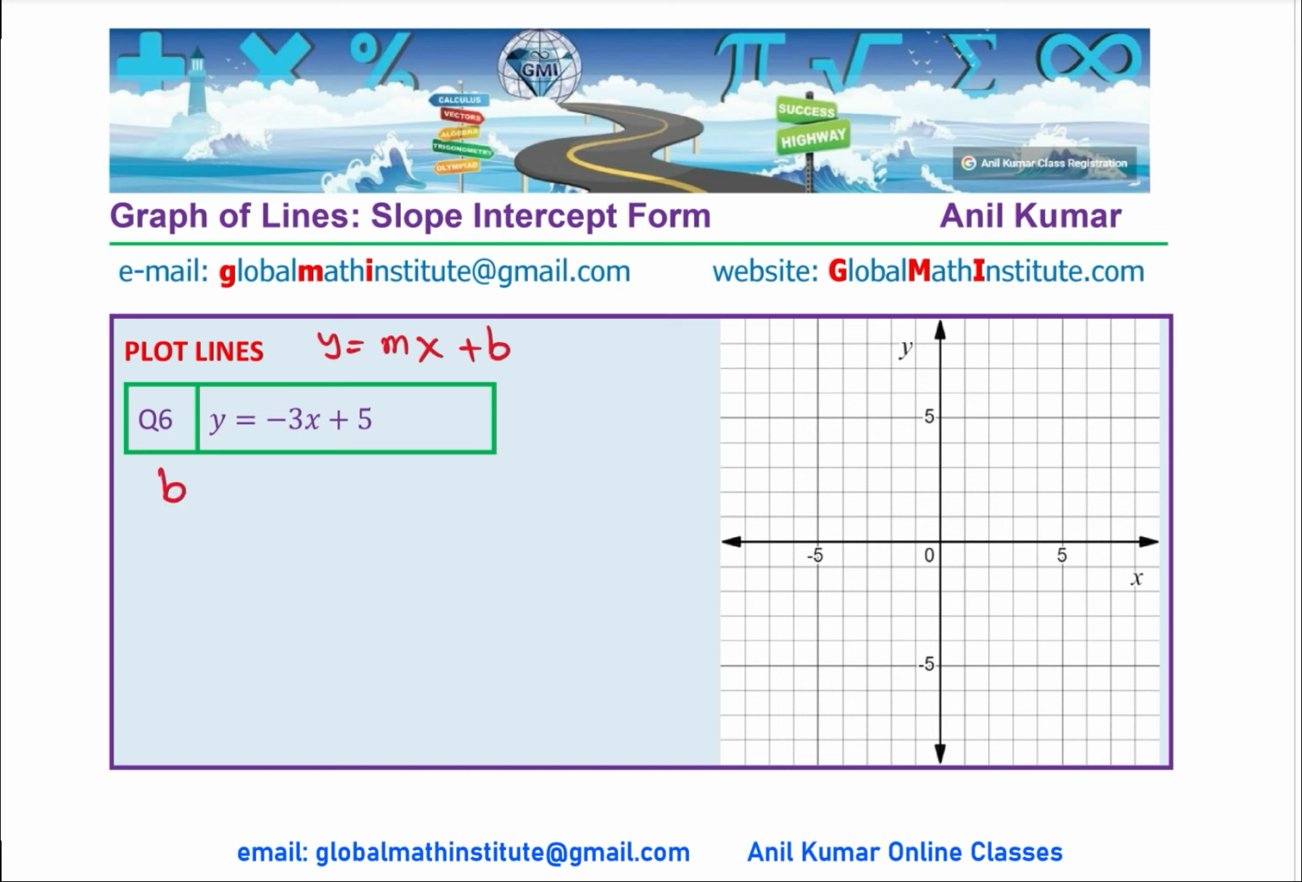Identify the intercept, which in this case is 5. So plot this point 5 on the graph. Then second, identify the gradient or slope. In this case it is minus 3. Minus 3 can be written as minus 3 over 1 or even 3 over minus 1. Both are the same thing. So from this particular graph, if you're thinking about